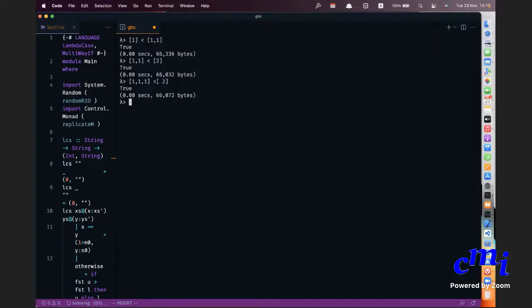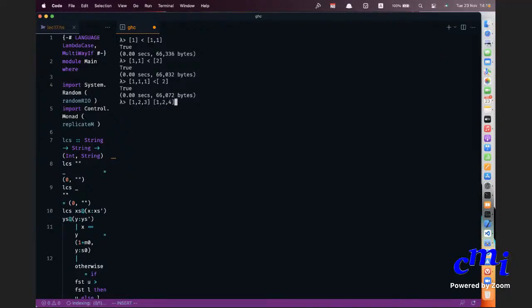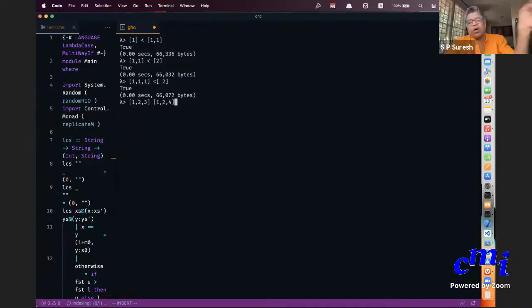Neelabja is asking. There is a notion of order on lists. What is the notion? It is lexicographic ordering. What do you mean by lexicographic ordering? Take two lists, go till the point where they differ. At the point where they differ, whichever is smaller, that is the smaller list. So if I take 1, 2, 3, and on the other hand 1, 2, 4, which is the smaller list? 1, 2, 3, because 1 matches, 2 matches, and at the first point where it differs, 3 is less than 4.